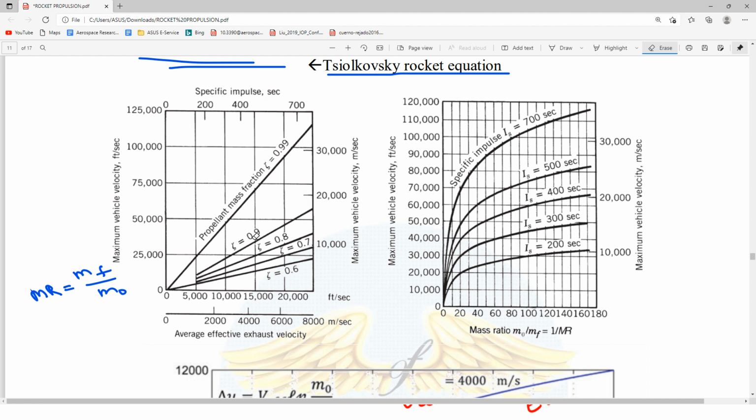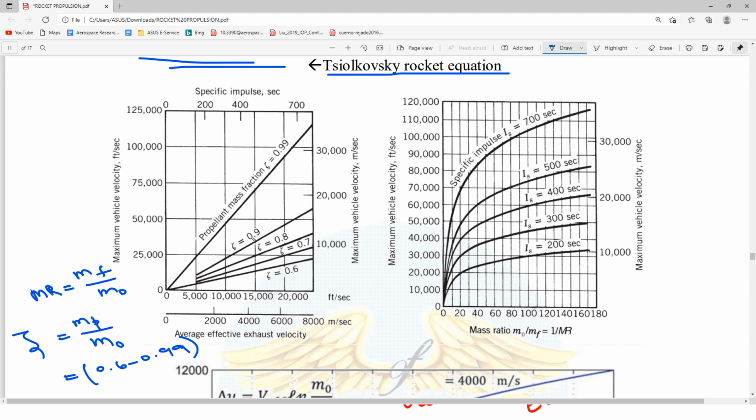Propellant efficiency, zeta, is propellant mass to the total weight. Okay, so this weight can range between 0.6 to 0.99. If it is 0.6 to 0.9, that means as an increase in velocity there is no drastic increase in